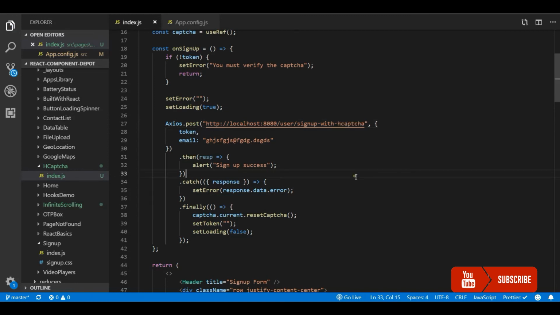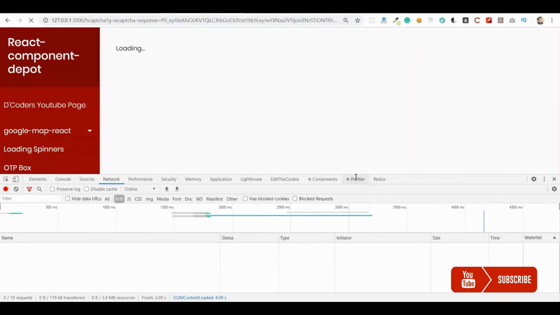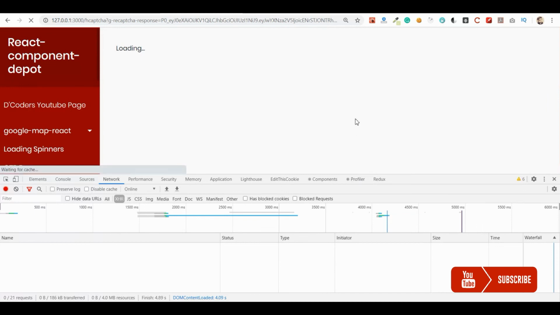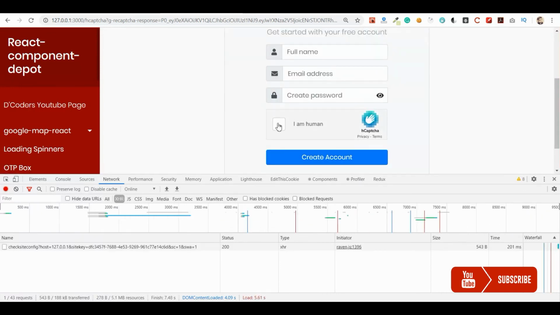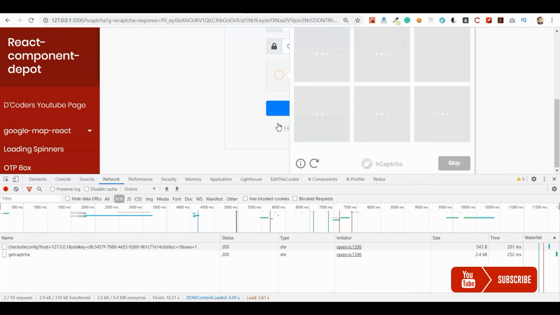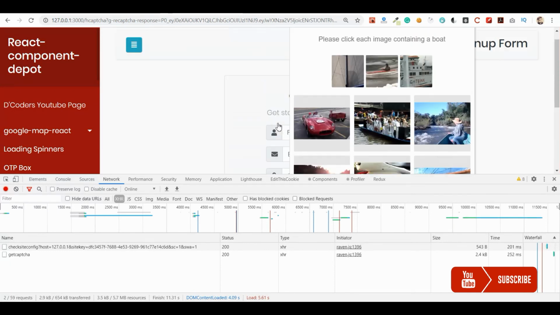Okay, let me go back and check now if it is working or not. Let me verify the images.